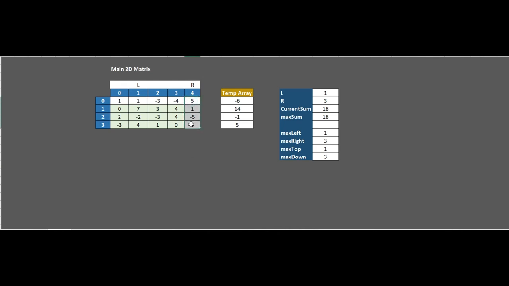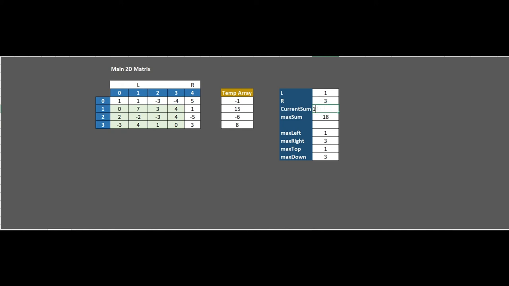Then if we add all these values, it will be minus 1, then 1 and 14 will be 15, minus 5 and minus 1 will be minus 6, 3 and 5 will be 8. Then we check by applying Kadane's algorithm what the maximum is here. This part will be maximum, and the value will be 8 minus 6, that is 2, 2 plus 15, that is 17.